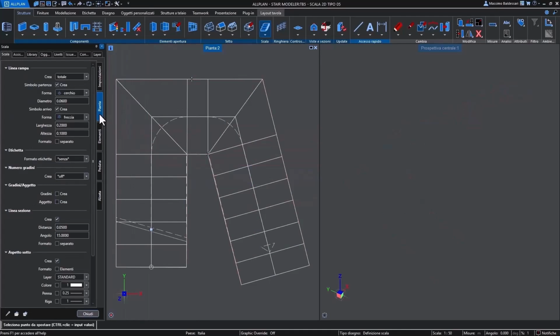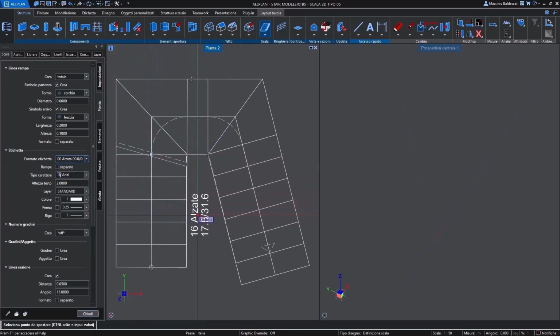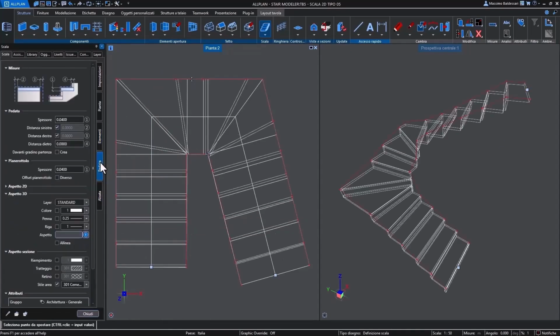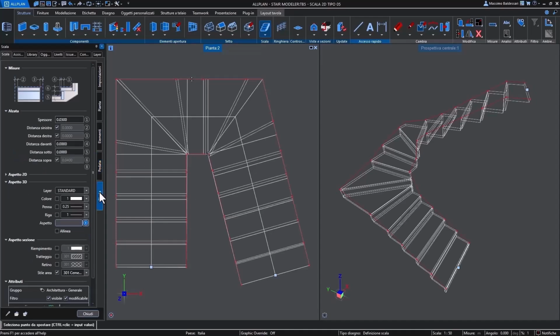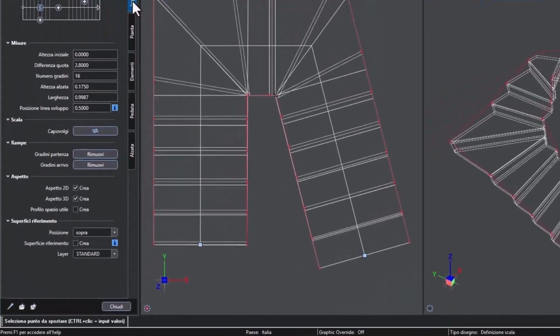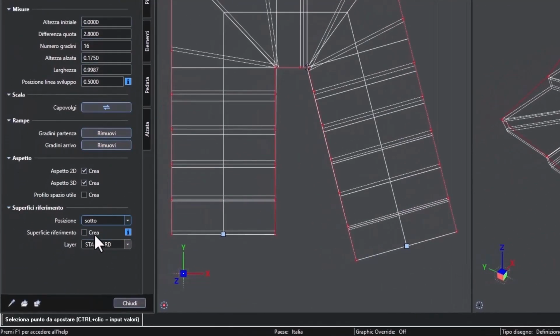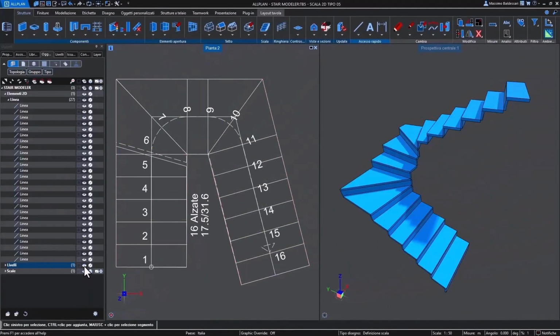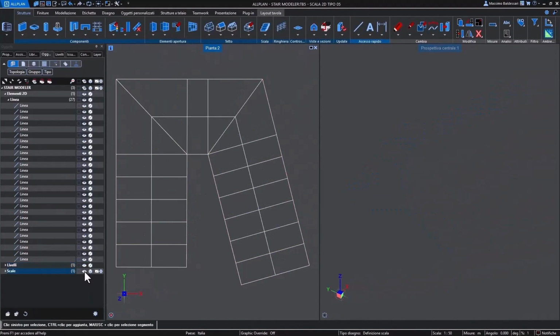Of course, I can also manage all the 2-dimensional aspects of my staircase, such as the ability to place a section line, the option to insert a label with all the information about the risers, as well as the starting and ending elevations. I can manage all the step numbers, deciding where I want to place them, and so on. I can manage which components are involved, so not just the tread and the riser, but also the structure if needed. And an extremely interesting aspect is that I can automatically create reference surfaces. In other words, levels that I will need to ensure that the elements below or above my staircase fit